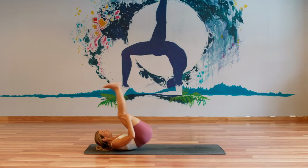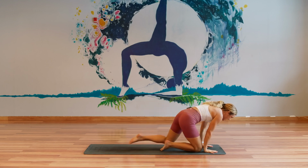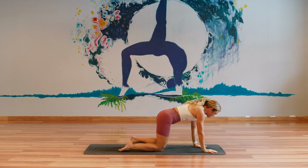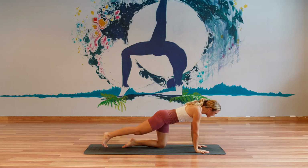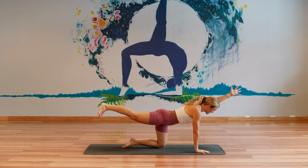Hands behind hamstrings. This time we rock and roll to tabletop pose, all 4s. Hands under shoulders, hips over knees. Hug your low belly and lengthen your spine. And then walk your right foot back behind you. And then walk your left arm forward. You can stay here, or lift your left arm, lift your right leg,